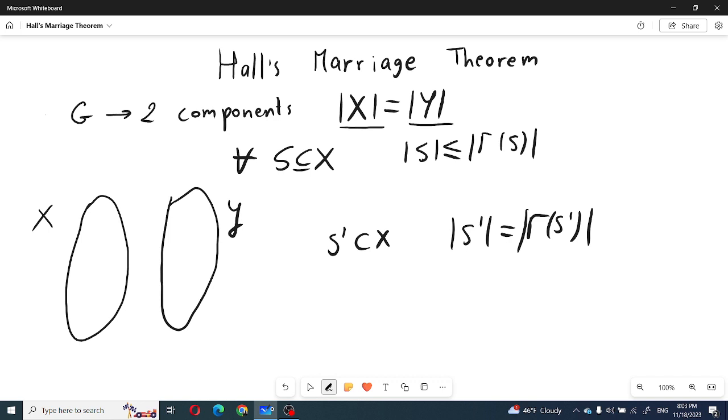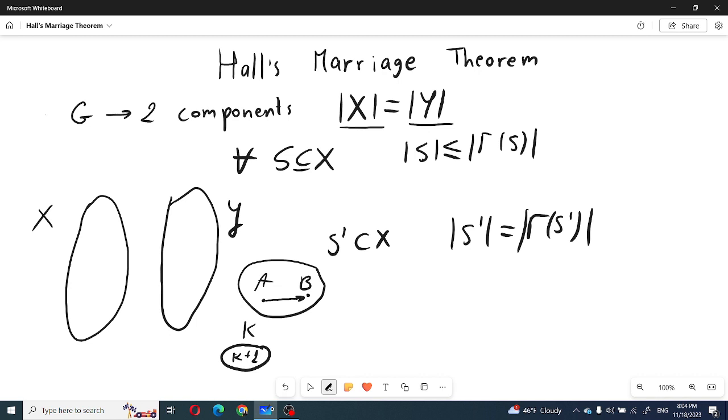Here we will prove this by using induction. For n = 1, it's clear that if we are given 2 points, then A and B can be connected and we can find a perfect matching. Now we will prove this by using strong induction, and let's assume that this is correct for k and prove this for k plus 1, so the size of X and Y must be k plus 1. In this case, we will discuss two different